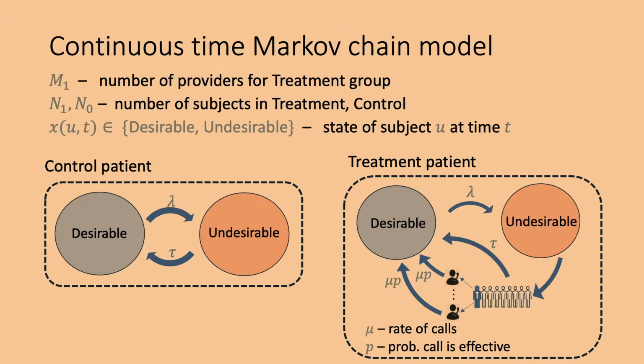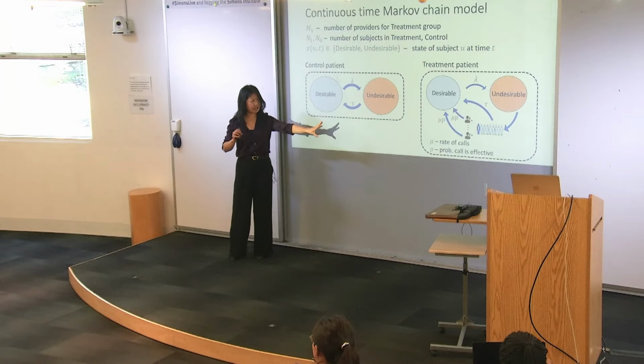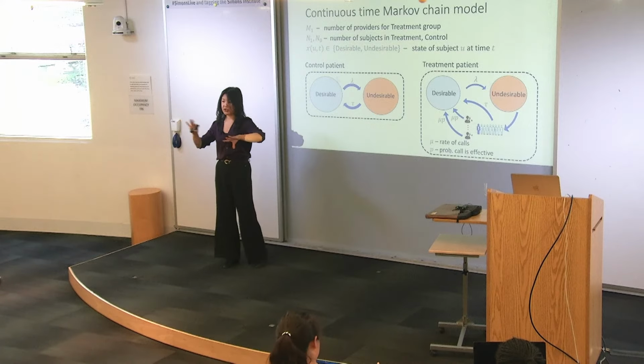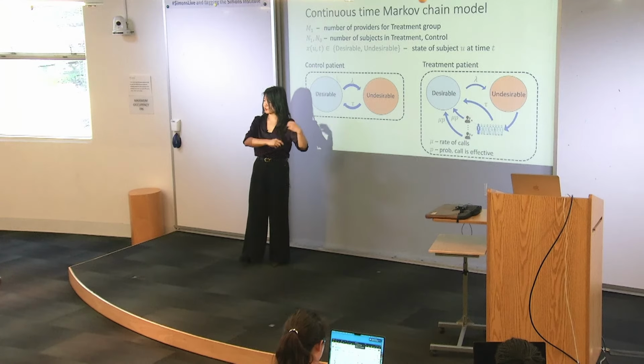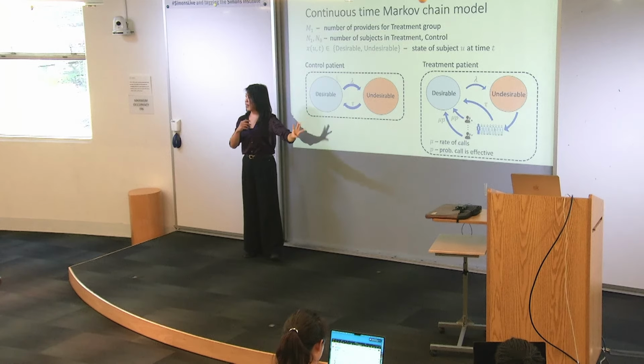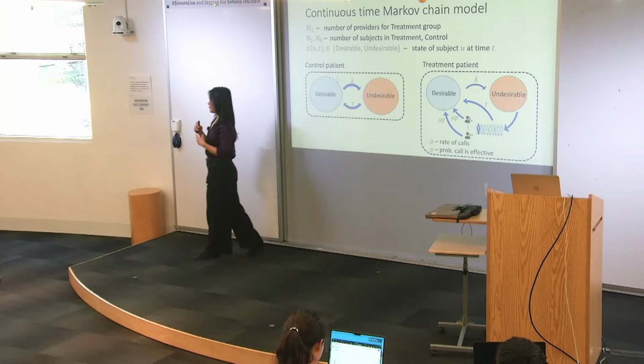So maybe to contrast with this, oftentimes when we think of spillovers, we think of some sort of underlying social network, where if you tell one person to take their medication, maybe they take their medication, their friend sees them taking their medication, and now their friend is more likely to take their medication as well. So that happens through interactions with each other. And with this type of interaction, we're saying, even if people don't interact with each other at all outside of the platform, the spillovers are happening because of interactions with the platform. And so this will strictly be a negative type of spillover. In that case, yeah, sorry.